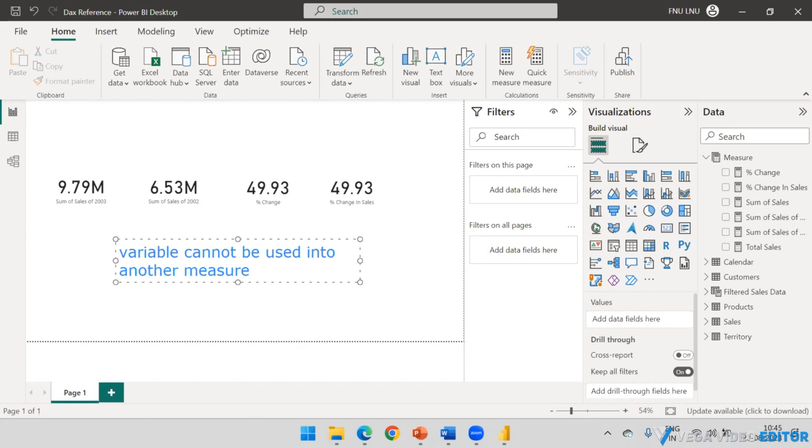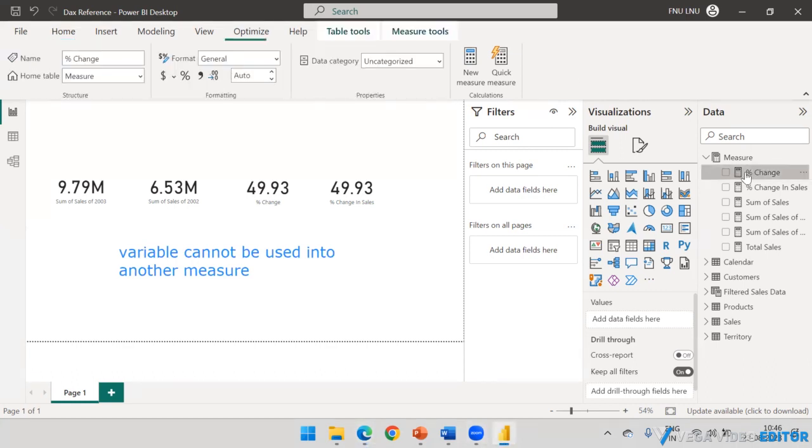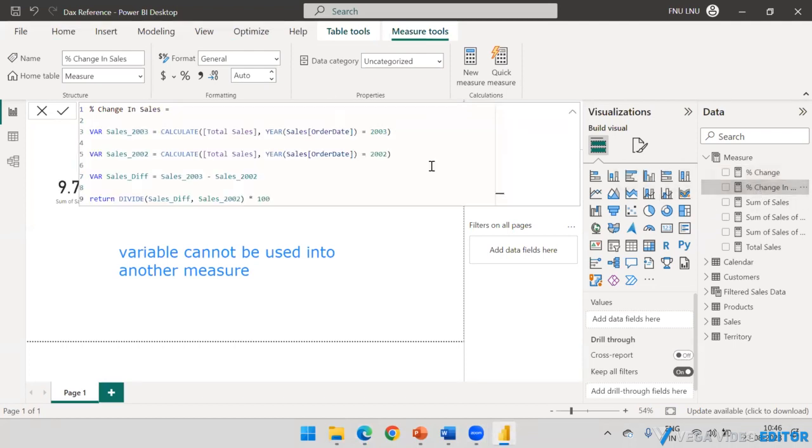If you create a variable while creating one of the measures, like here where I used a variable,